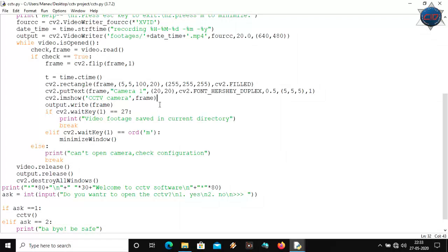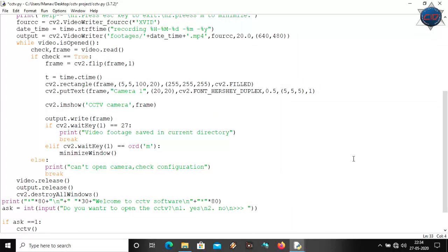Come out here and type cv2.putText on the frame, and the text will be t, that means the current time, and the position will be 420 for x and 460 for y, passing the font as Hershey duplex, and the same color and also width. Okay, that's it. Now let me save and run this.